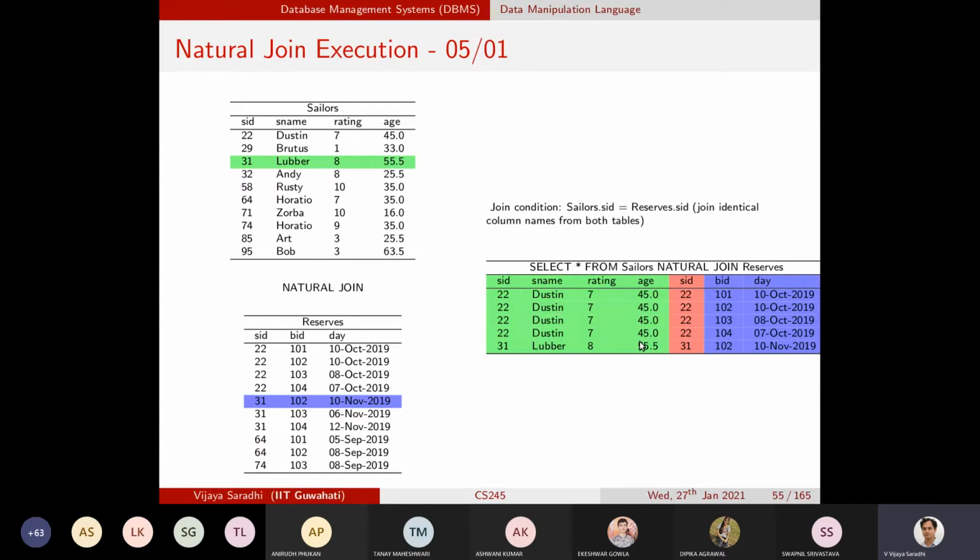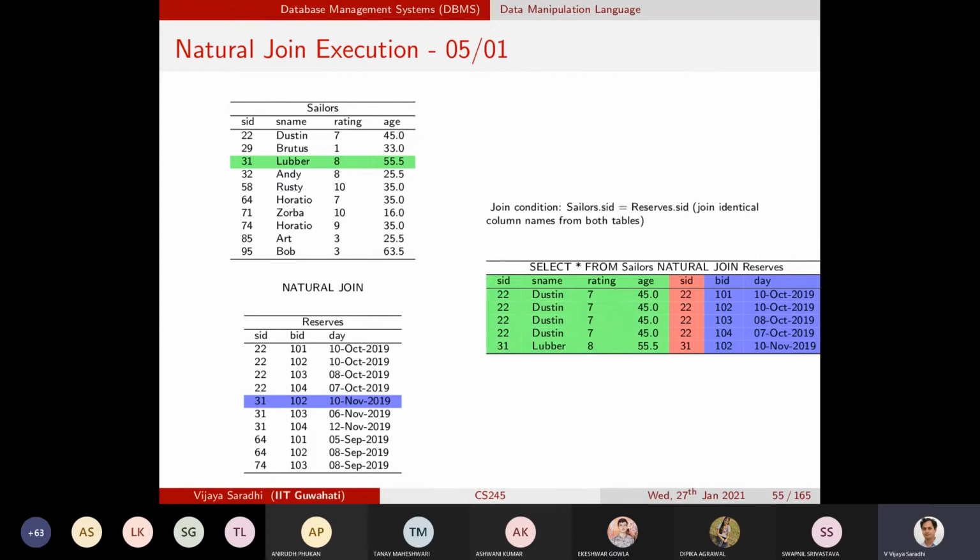So they will not be part of the natural join. Now if you wanted to retain them explicitly, you will use left or right join operations. All such dangling rows should be part of the join operations. Then we will use left or right or full join operations.